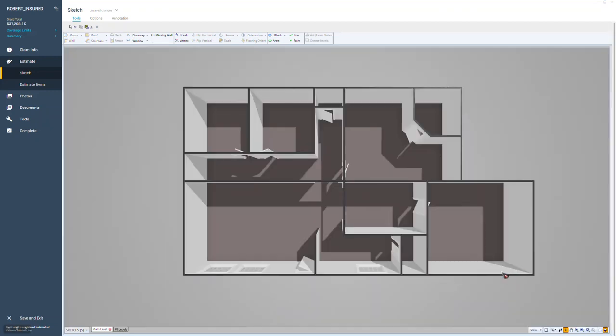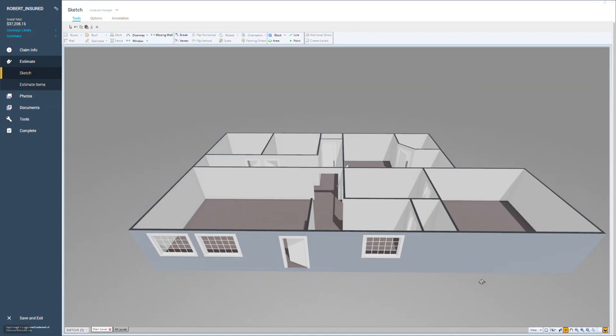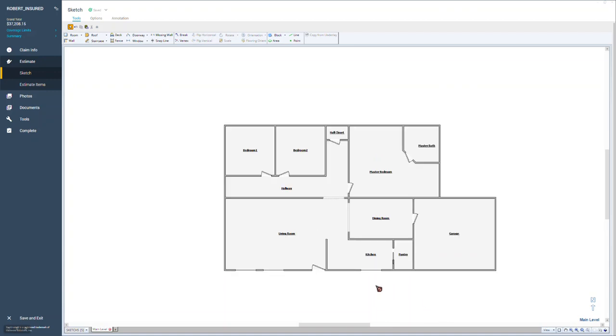Again, these are default windows. Remember, in preferences, you can go in and change those. You can go into the individual windows and change the type of window, the size of the window. So, now we have our first floor drawn. And let's do some estimate writing and look at how this correlates to the estimate and how we would use